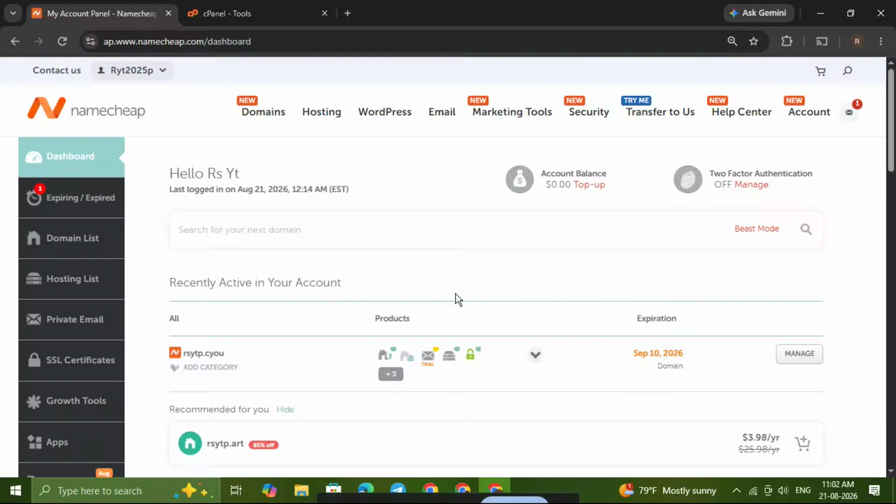In today's video, I'm going to show you exactly how to add a TXT record on Namecheap step by step, so you can verify your domain, connect services, and update your DNS without confusion. If you're setting up email authentication, website verification, or connecting a third-party platform, this is one of the most important